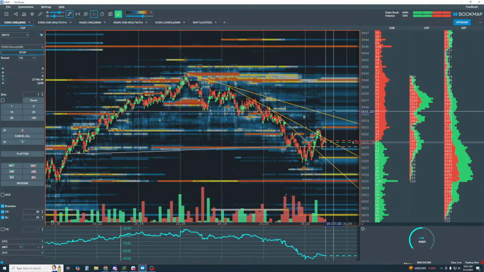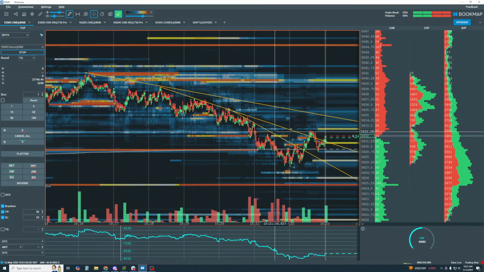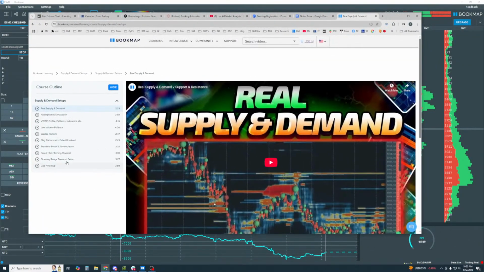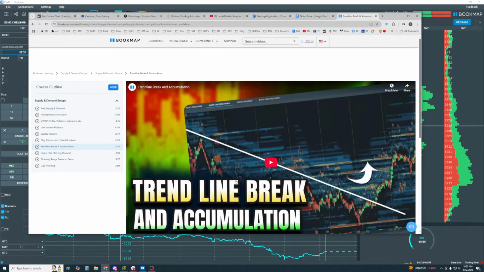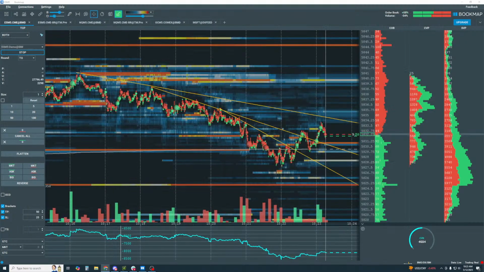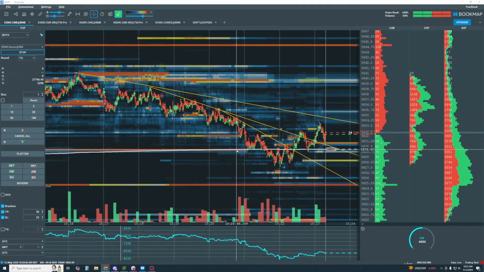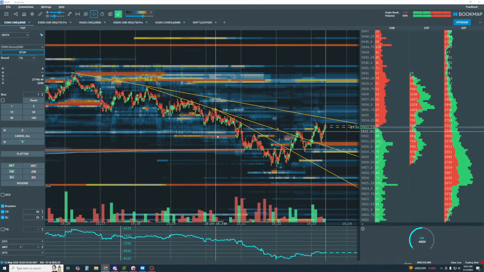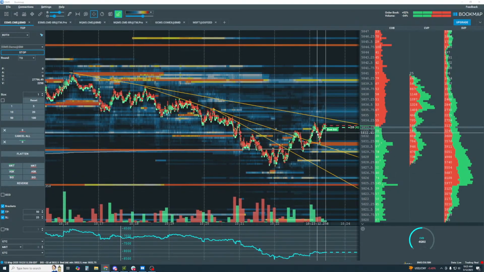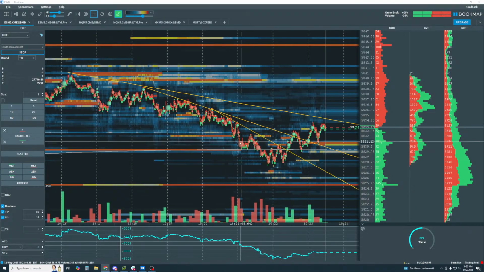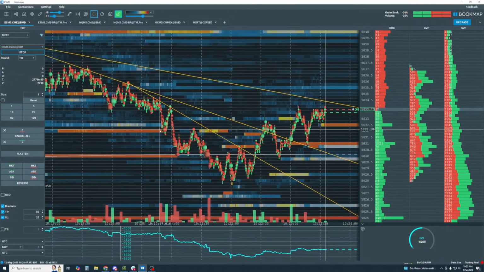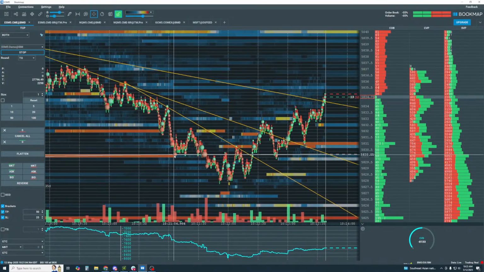Okay, so for this setup though, and this is the one we're talking about here, let me show you. I mean this one here, the trend line break and accumulation, which I don't like that name. Anyway, what we're looking for in this setup here is, first off, a lot of passive buying filled on the bid. Okay, that's really important part of that. We're looking for a shift from that passive side to the aggressive side. And if we don't see that shift starting to happen, I mean, we see heavy selling in here, but I'm not seeing a whole lot of liquidity. There's some here, yeah, some here, and some here. Okay, so